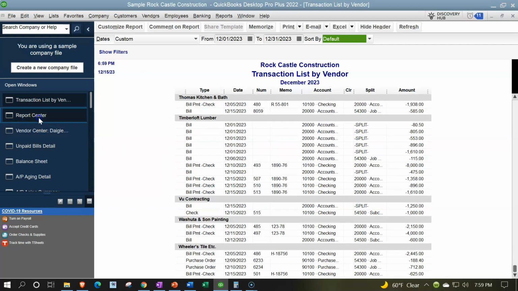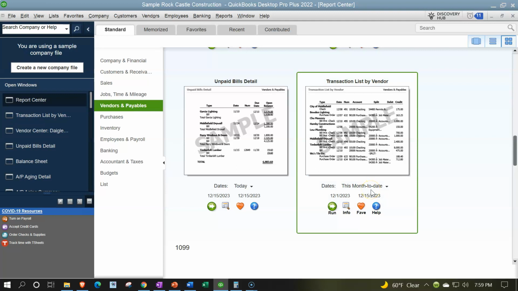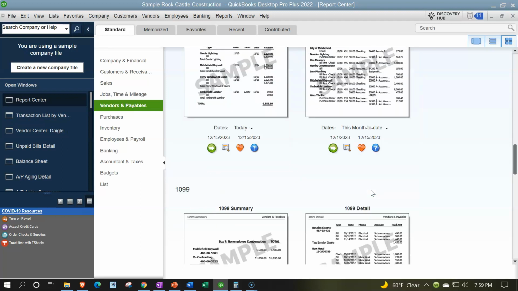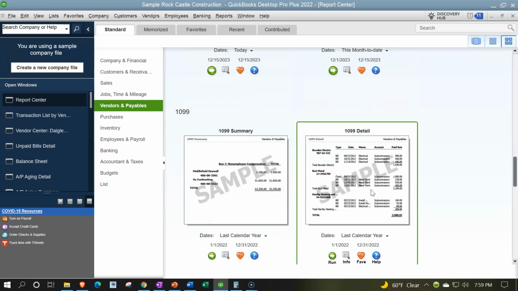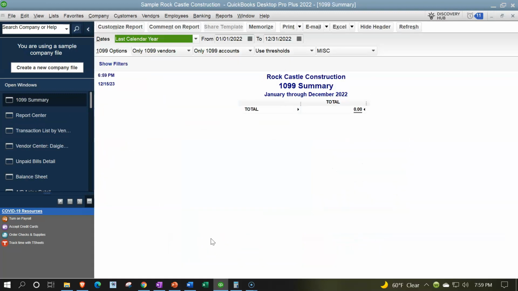And so then we're going to go back to the report center. If you want to see that by customer, you might choose the vendor center, most likely for internal purposes. Then we've got the 1099 summary and detail. Running this report, this is going to be a specialized report related to vendors, and it looks like they don't have anything. Let's make it from